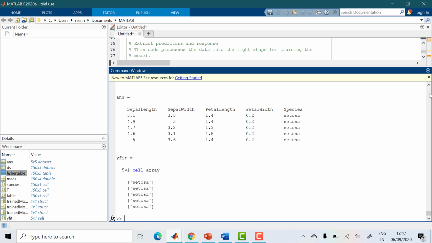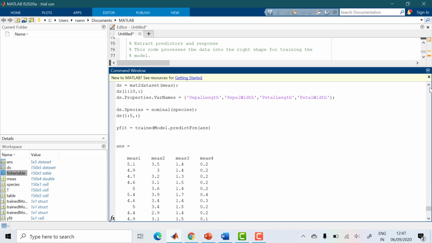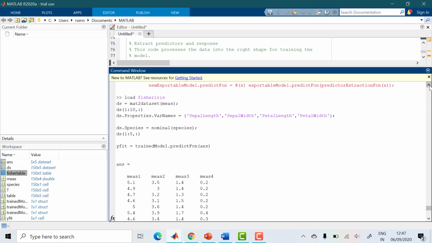Now it's predicting. So I've put all the things: load Fisher Iris, ds equal to mat2dataset, selected the 10 rows, and changed the variable names. I selected the 4 variable names we gave. Again, the 5th one is what type of species, Setosa, that also you have to declare.